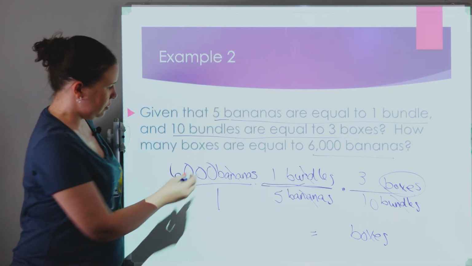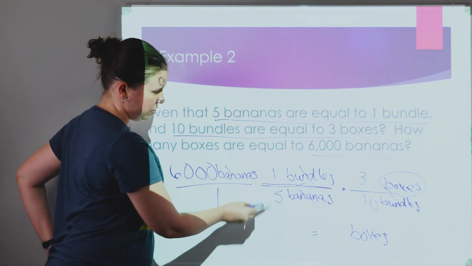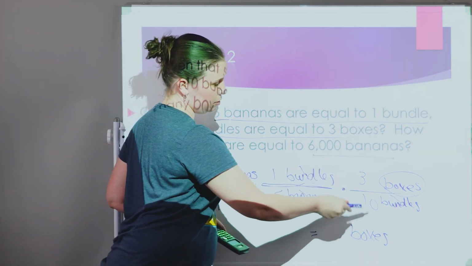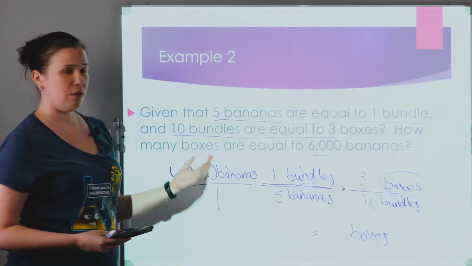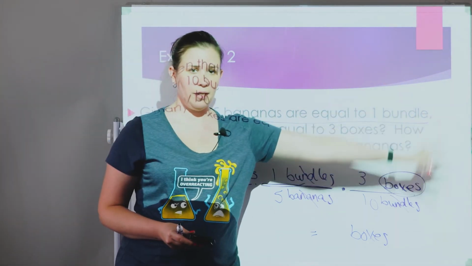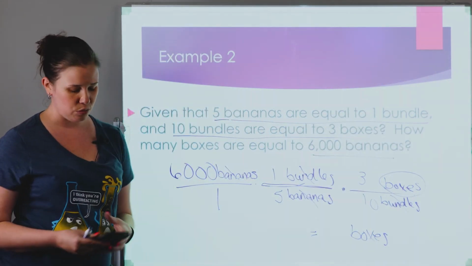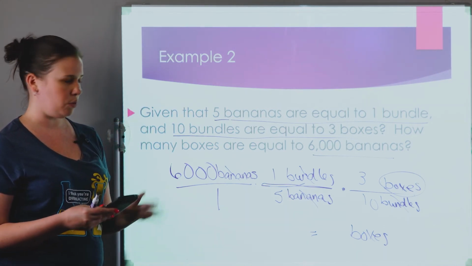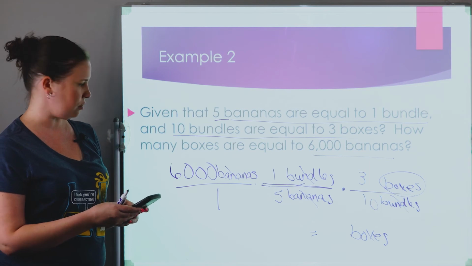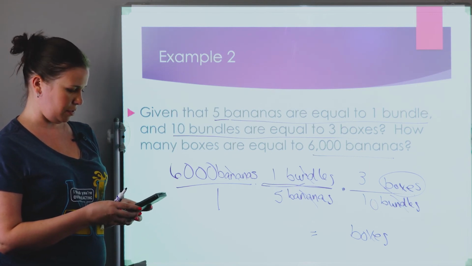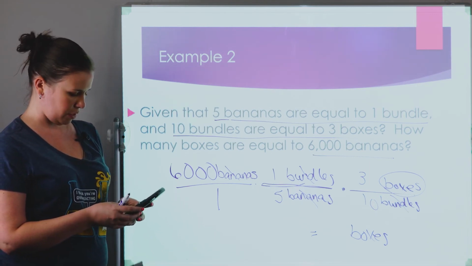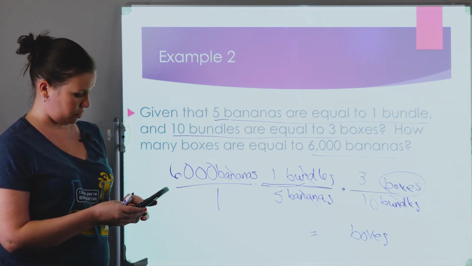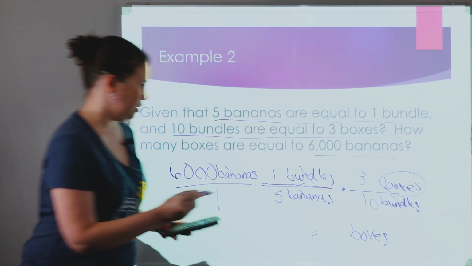All right, calculator time. What is 6,000 divided by 5, see how that's in the bottom, times 3, because it's on the top, and divided by 10, because it's on the bottom. Now, yes, you can multiply across and then divide at the end, but really watch your order of operations. It's probably one of the most common ways I see the wrong math, where you have the setup correct, but then get the wrong answer. So I'm going to type this in as 6,000 divided by 5 and hit enter, then times 3 and hit enter, then divided by 10 and hit enter. And so I get